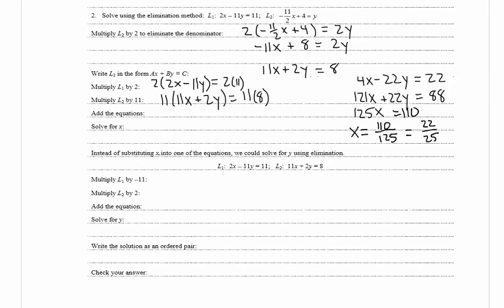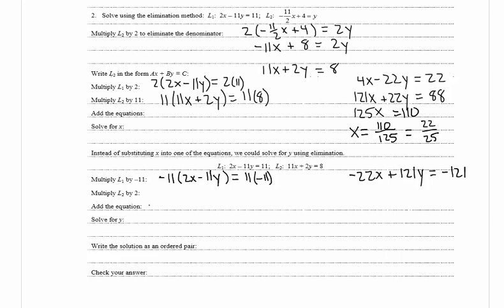And now instead of substituting x into one of the equations, we could solve for y using elimination. And here you might choose to use this method because of the fractions. So to use this method, the first thing they want us to do is multiply L1 by negative 11. So L1 is now going to be negative 11 times 2x minus 11y is equal to 11 times negative 11. And when we distribute the negative 11 through the parentheses, we get negative 22x plus 121y is equal to negative